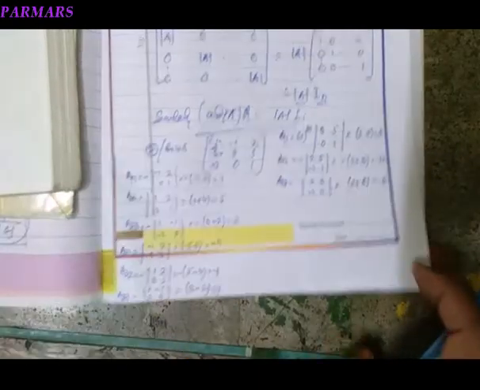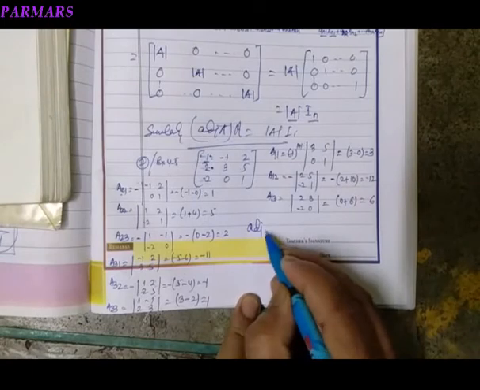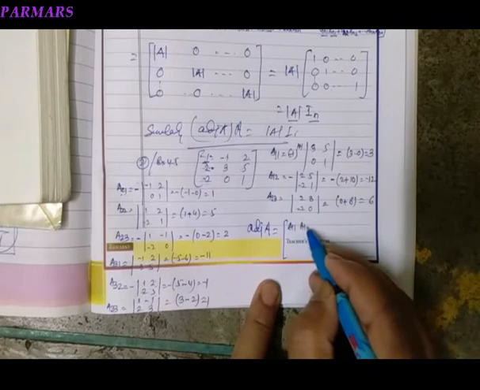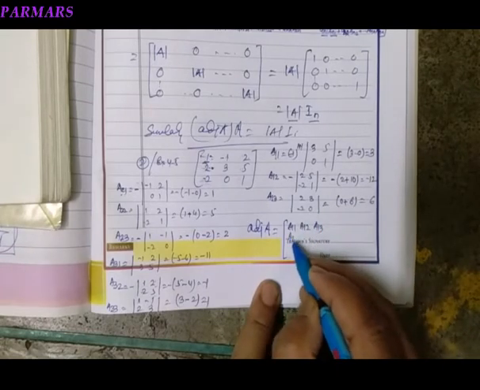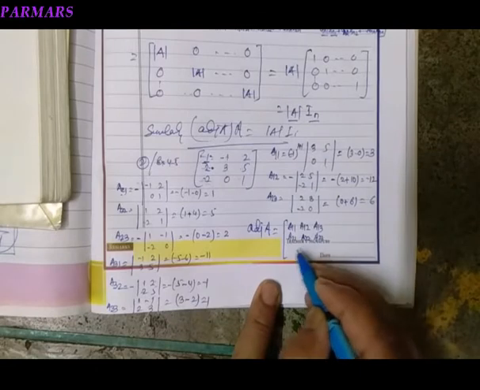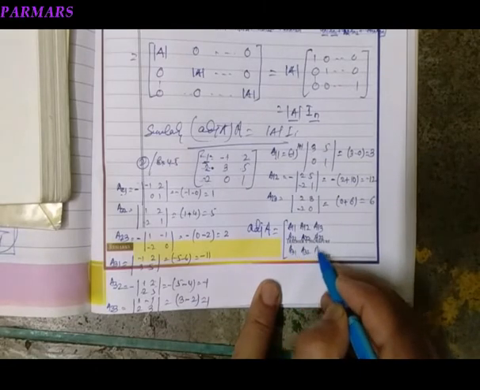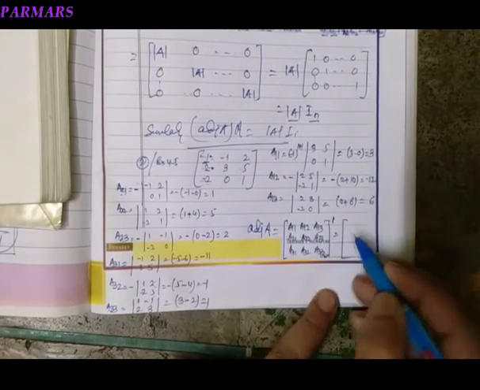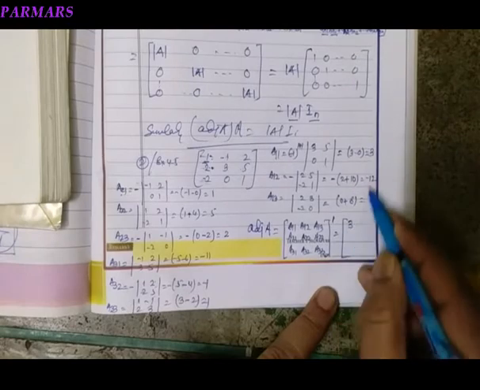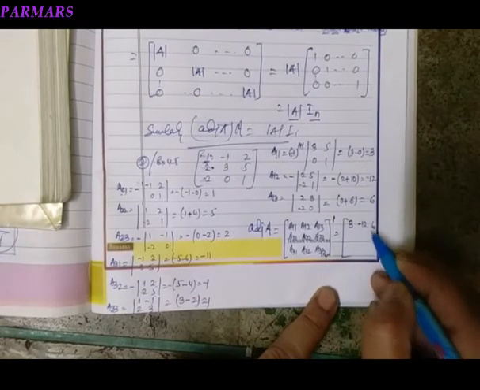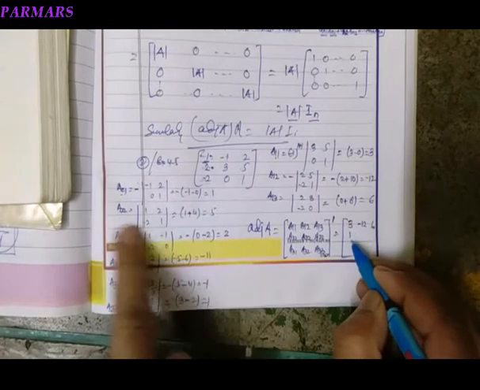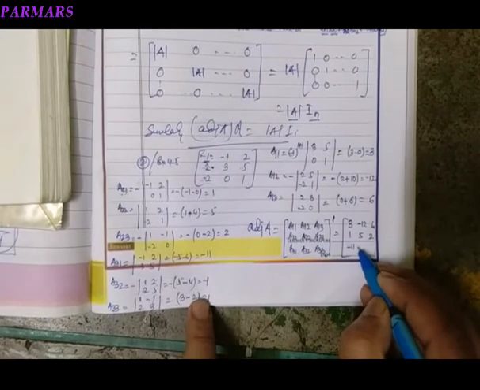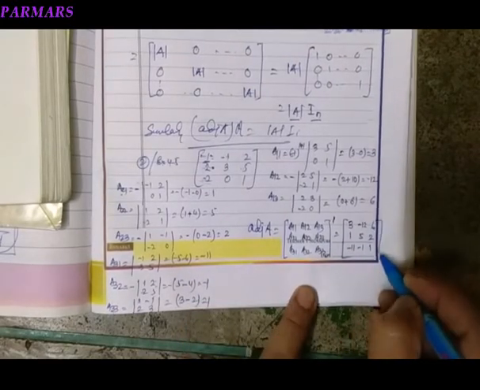So we get all the determinants. So what is adjoint of the matrix? It is A11, A12, A13, A21, A22, A23, A31, A32, A33, and then its transpose. Means A11 क्या है? 3, then minus 12, and then 6. A21 क्या है? 1, 5, 2. There is minus 11, minus 1 and plus 1, and its transpose.